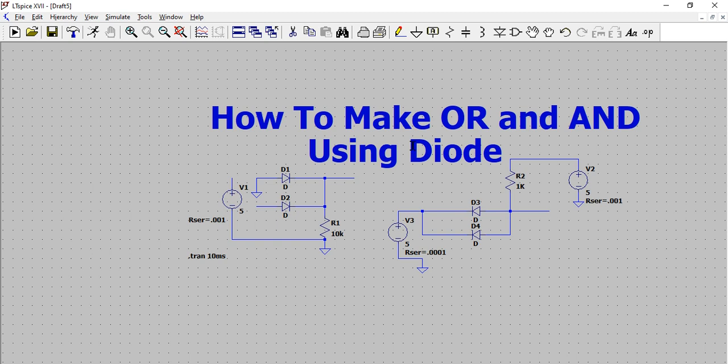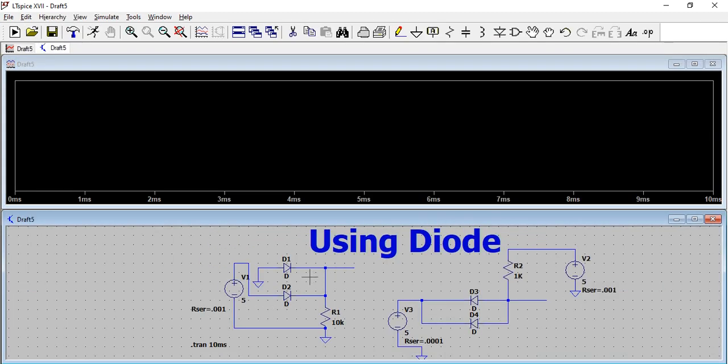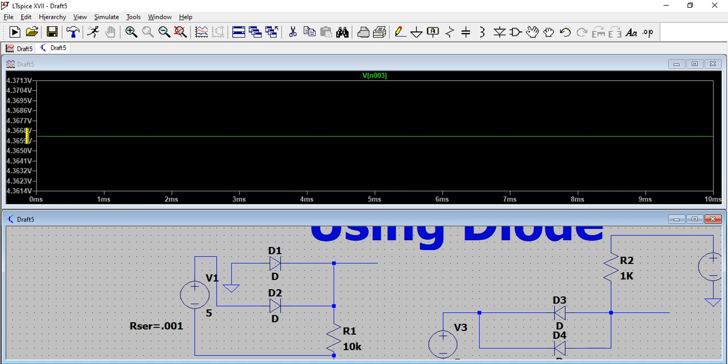Now one signal is ground and this is the 5 volt source. One signal we give logic 1, which means connect to 5 volt. So the output should be high as per the OR gate logic. So we see here, you can see 4.3 is coming here. After dropping across the diode, 4.3 volt is coming here. Okay, so one input is high and one input is low, so the output is high.